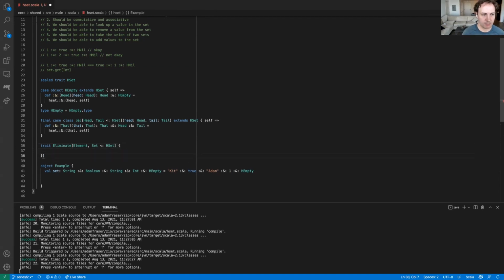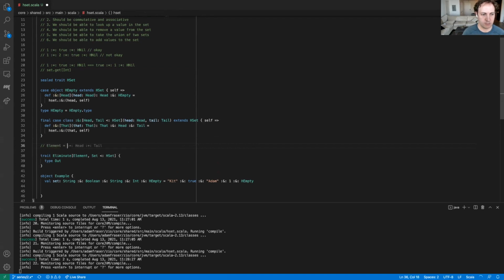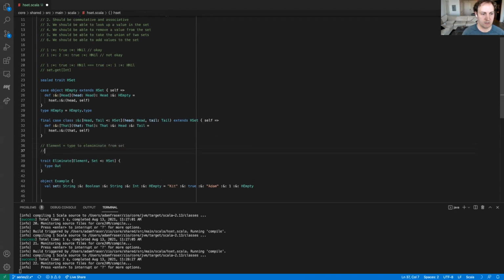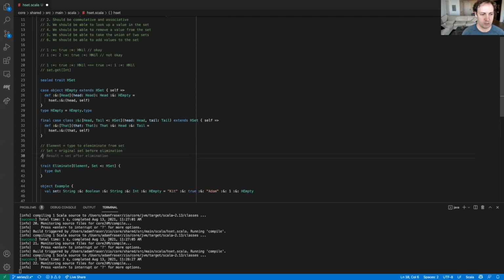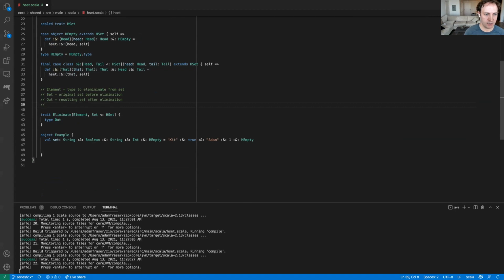And then when we're using these kind of type level functions, we're going to have one, maybe more than one, but typically one type here that's going to be the output of that function. And so this type Out is going to represent the set with elements eliminated. So Element is equal to the type to eliminate from Set. Set is equal to the original set before elimination, and Out is equal to the resulting set after elimination. And so to give ourselves some example of the expected behavior, we would say,